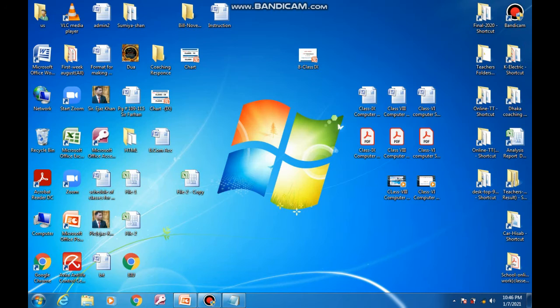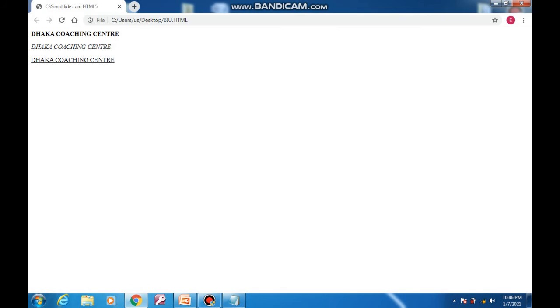And this is the bold, italic, underline program. Double click the program and show the output: bold, italic and underline. I explained one program as a practical.